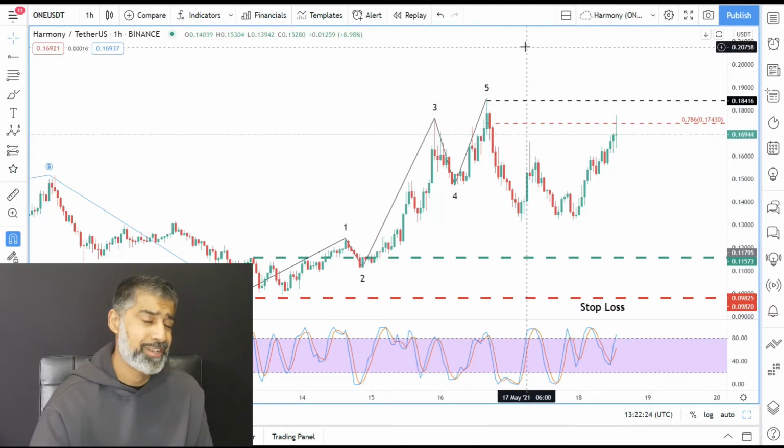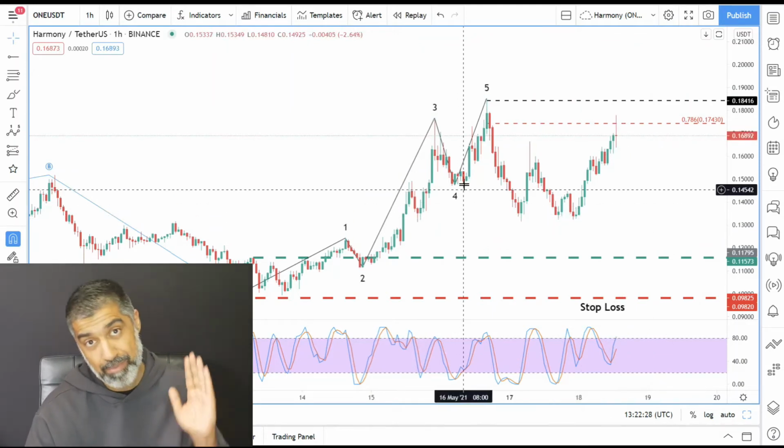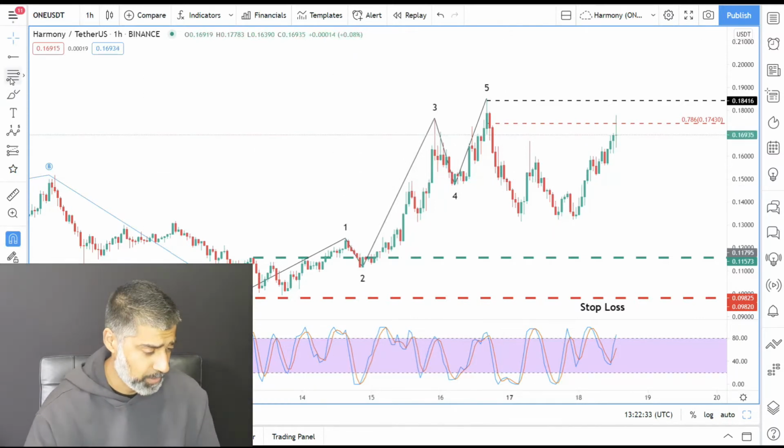Music to my ears. I would love that to happen. But the probability, looking at the momentum on the daily, the momentum on the 4-hour chart, and just the pattern, it looks like we're seeing